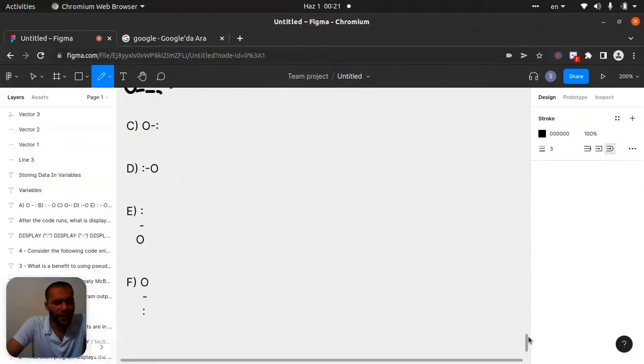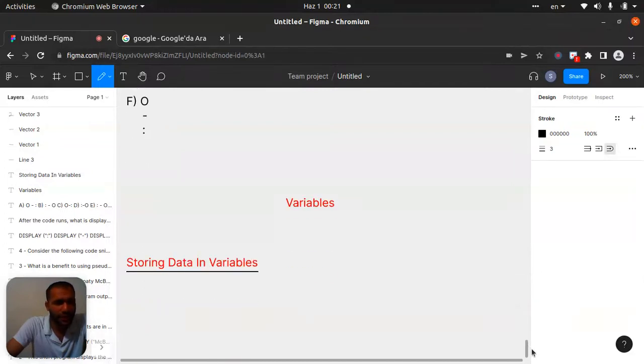The next lecture will be about variables, storing data in variables. As I told you, we'll create some variables and put inside them strings or numbers or lists or objects. We'll work on all of them, also objects, booleans and floating numbers.